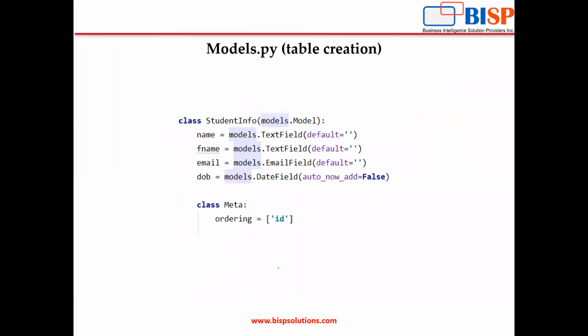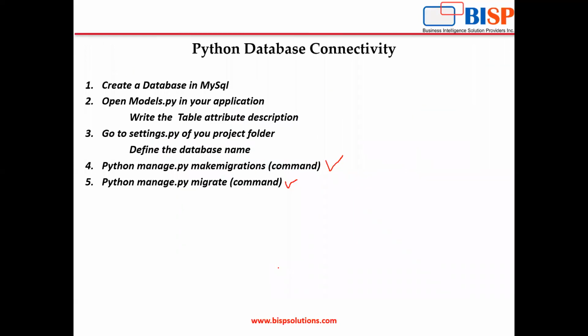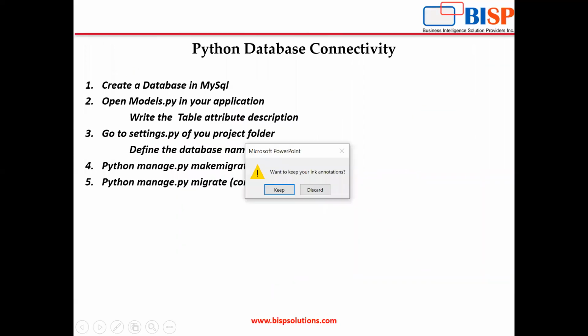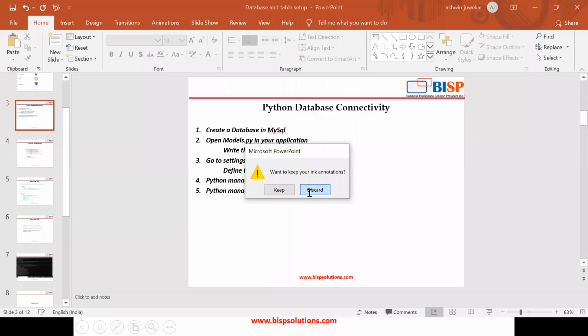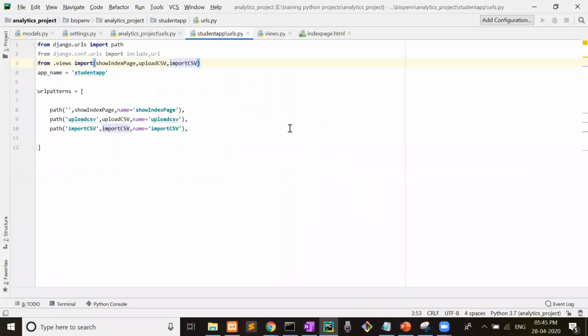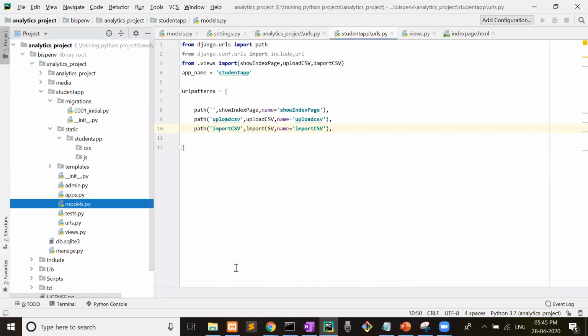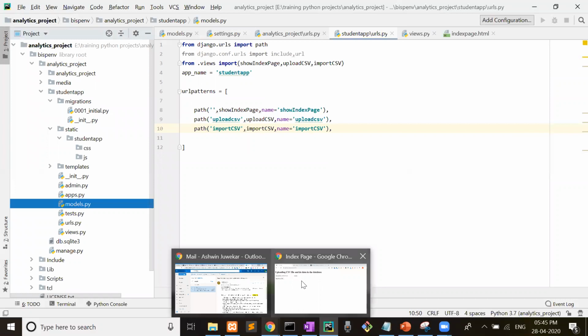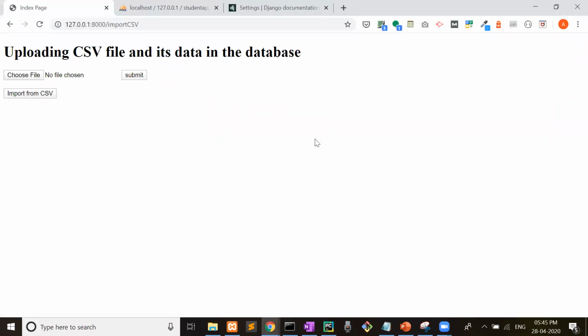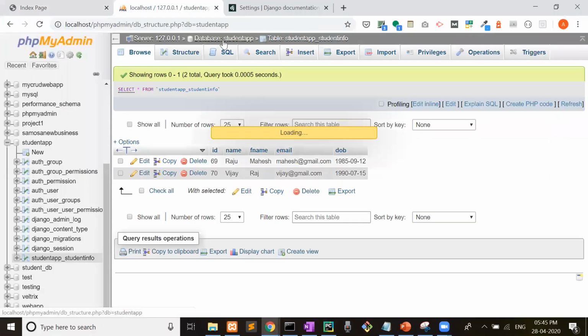Now let's see some practical. Let me show you the file here. First of all, what we need to do is create the database, student app.